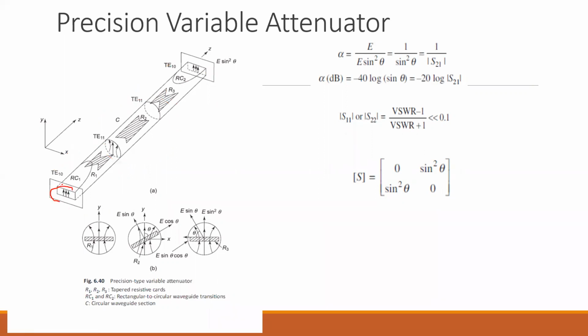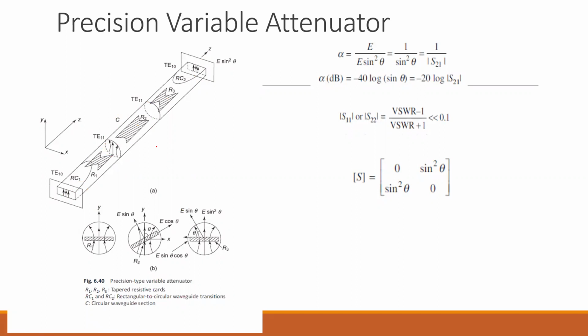If you just observe this part, this is rectangular. Even this side is rectangular. But as you move further, you can see this turns out to be circular. So this is a kind of transition region from rectangular to circular, RC1. There is a tapering which converts from rectangular to circular. Even here we have the same thing, RC2, which is rectangular to circular if I come from this side. Now in this case, you have a resistive element R2 which is placed, and because of this element, you will observe the attenuation being introduced.